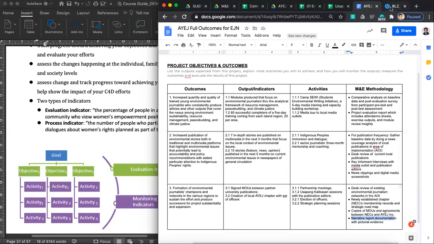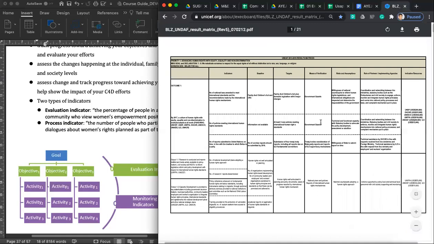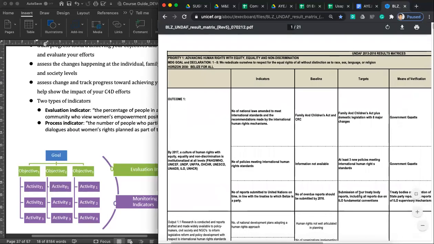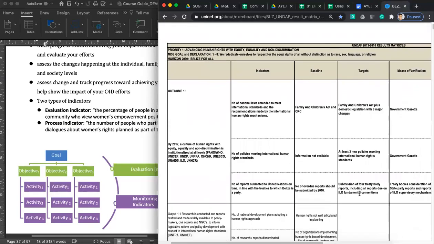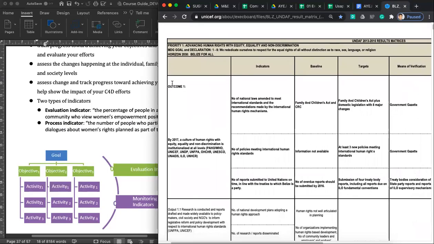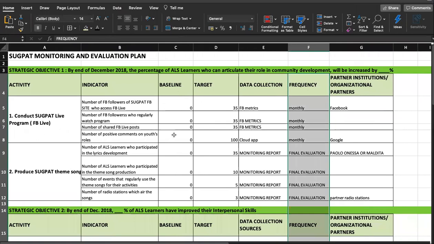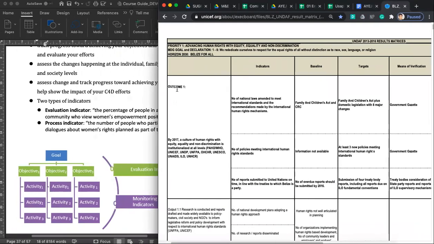These are just some examples of the methodology and the tools that will help you in monitoring and evaluating your project. Okay? So now, lastly, I will just show you a more professional M&E results matrix, monitoring and evaluation. So again, it's the same. This is the outcome. It's really the same with this kind of monitoring and evaluation plan. You have the outcome,